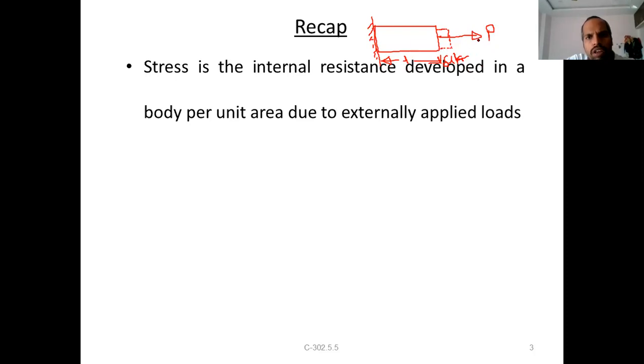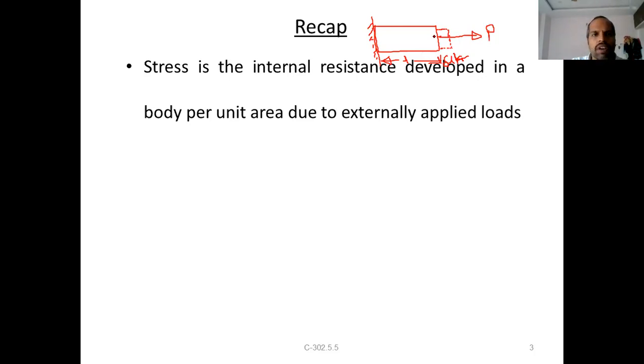On application of the load, this force will try to pull the member along the direction of the application of force. If it is away from the body, it creates an elongation. If the same force acts towards the body, then it is a compressive force, which tries to compress the body, so it gets contracted. If it is a compressive force, contraction will be there. If it is a tensile force, elongation will be there.